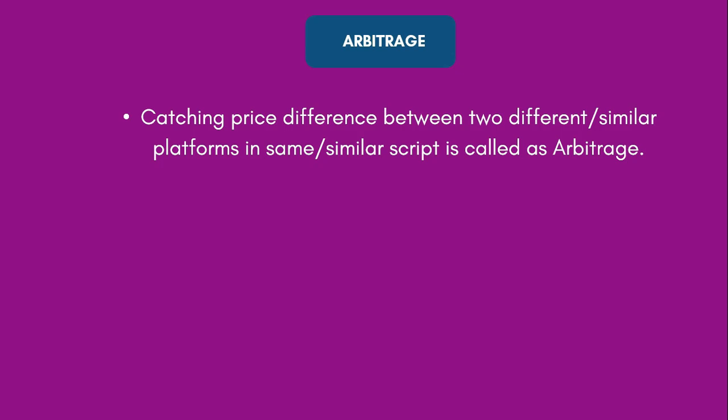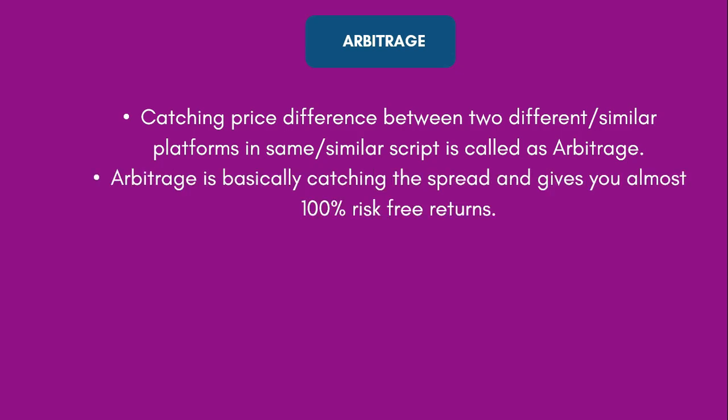But before that, let us talk about a few more points about arbitrage. Now arbitrage, as said, is basically catching the spread and it gives you almost 100% risk-free return. If I talk about box spread itself, you might have seen that in box spread also we almost made 100% risk-free return. Similarly, in the examples that I'm going to show you today, arbitrage will basically give you 100% risk-free returns. However, the one important factor that you need to remember is that although the returns are 100% risk-free, the returns are very small. It might be say 1% or 0.5% of your principal.